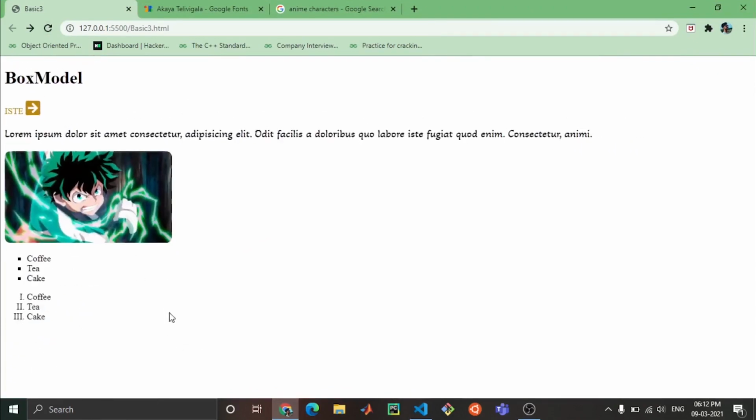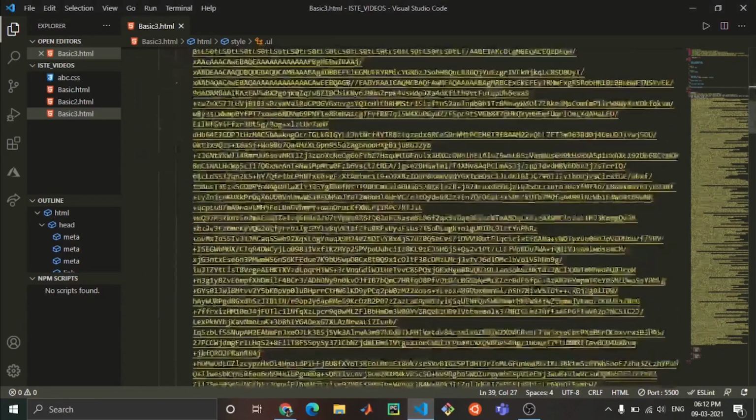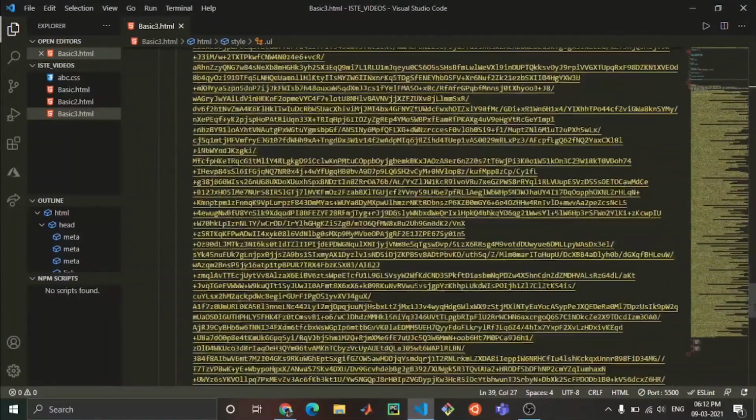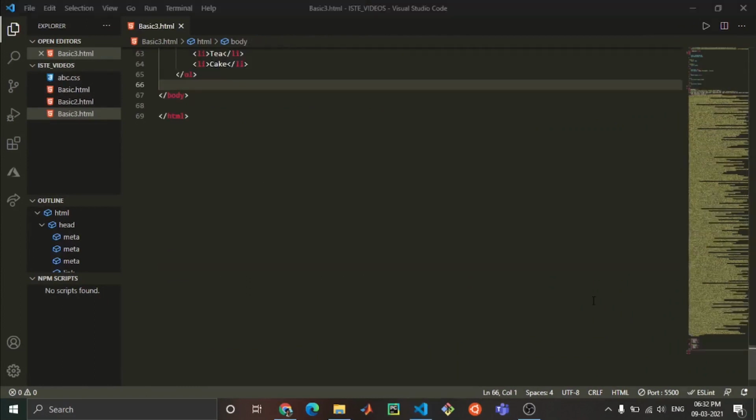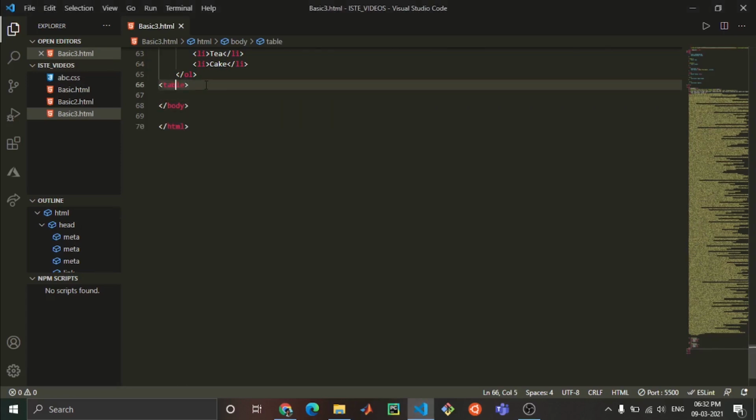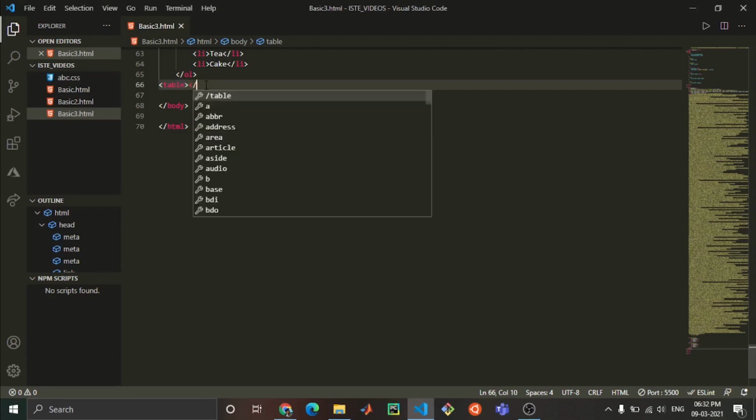So that is basically lists. Lists are of two forms: unordered and ordered. In ordered, just numbers are there, or we can say they are ordered in a particular manner, and in unordered, they are not ordered or not well defined. Now we have covered lists, so we will be going ahead with tables. For that, you have to use the table tag. First of all, just write table, and the closing tag also should be there.